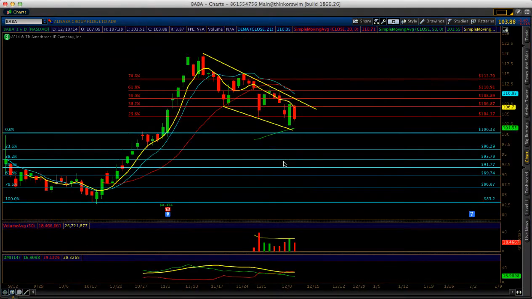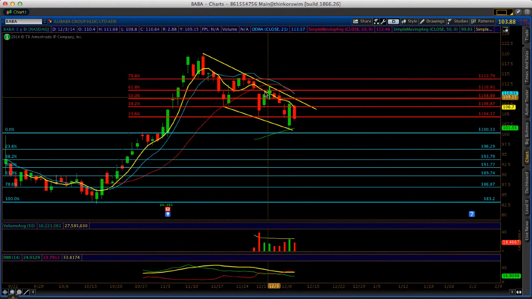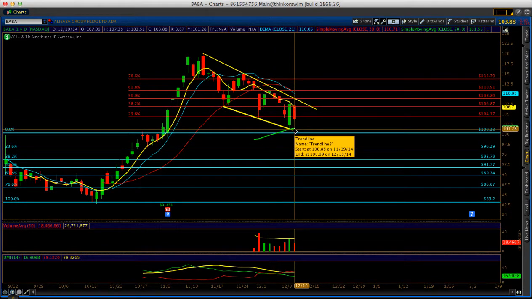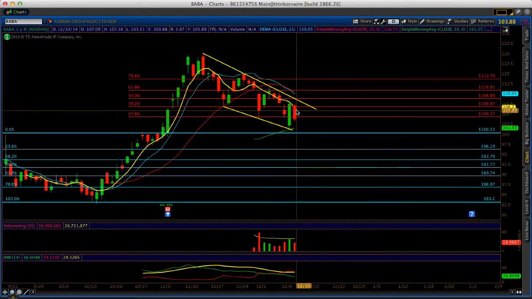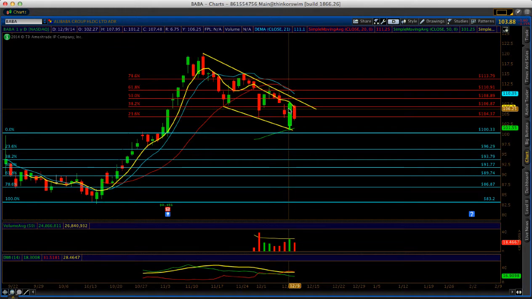Now let's talk about BABA. I think this is a bullish flag, and that's why I'm buying every dip. The 50 simple moving average was a nice support. It bounced from that level, and we see today that it didn't confirm the bounce. So right now we have an inside candle. So if we break out the 109, go long. Don't think about it.